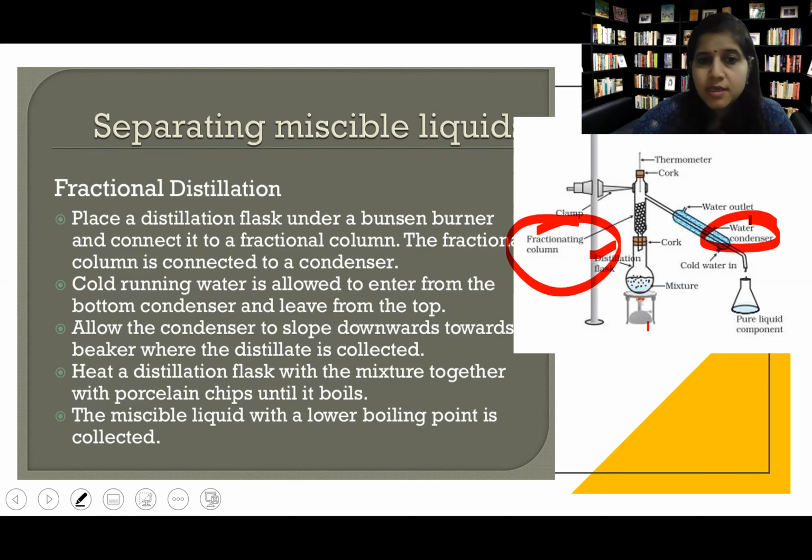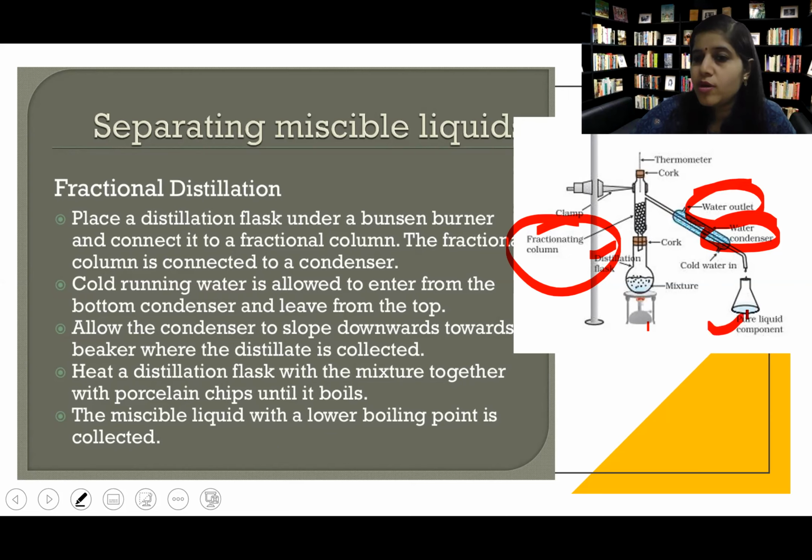Cold running water is allowed to enter from the bottom of the condenser and leave from the top. You can put cold running water into the condenser, and it will allow water outlet. Allow the condenser to slope downwards. Now you can see the slope of the condenser is downward, so that we can collect the distillate very easily into